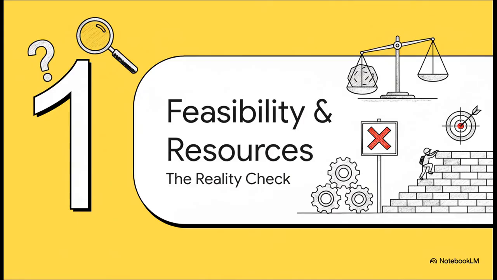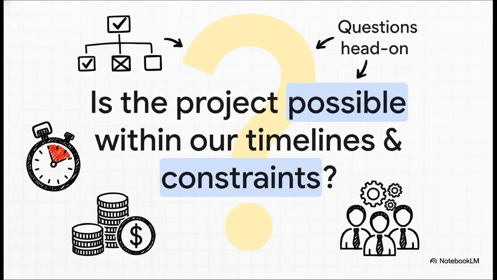All right, so the very first job of any good plan is to give us a serious reality check. This is what we call the feasibility assessment. Before we even start dreaming about all the veggies we're going to harvest from our garden, we have to be brutally honest about whether we can even build the thing in the first place. And this, right here, this is the big question. This isn't about being optimistic, it's about looking at the cold, hard facts.